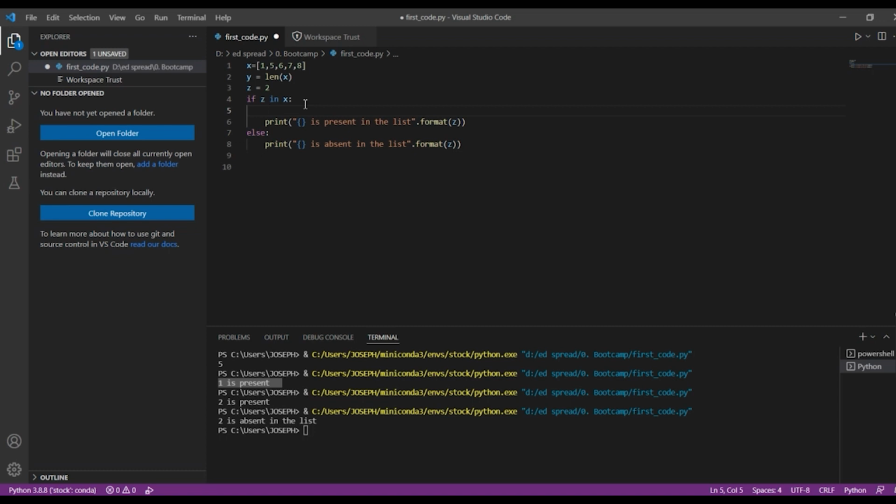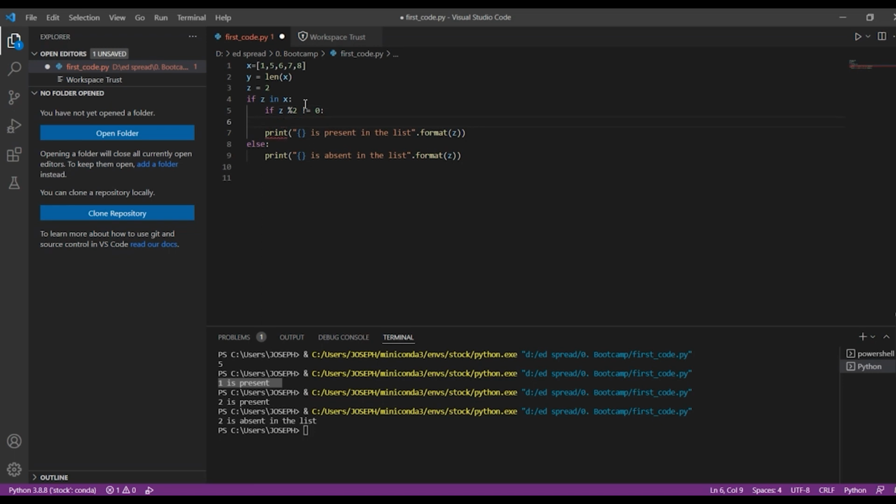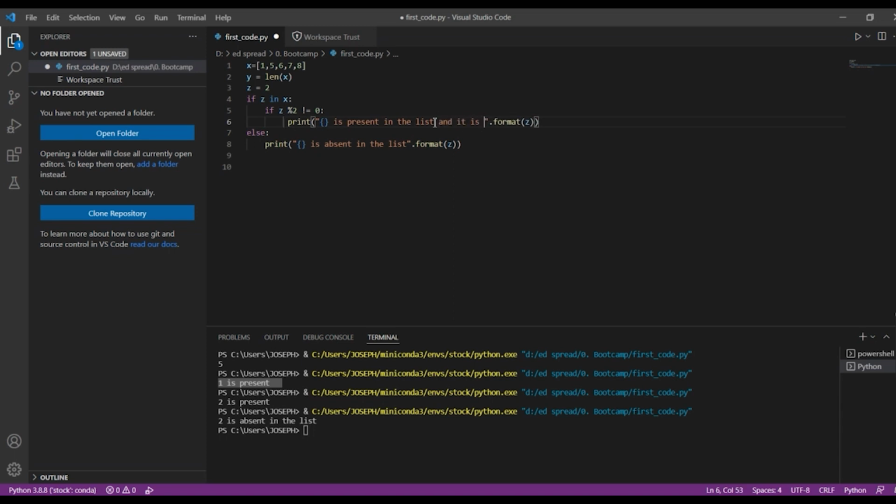So we all know the condition for odd or even is like the modulus of 2 not equal to 0 means it's an odd number, right? So we print, is present in the list and it is an odd number,